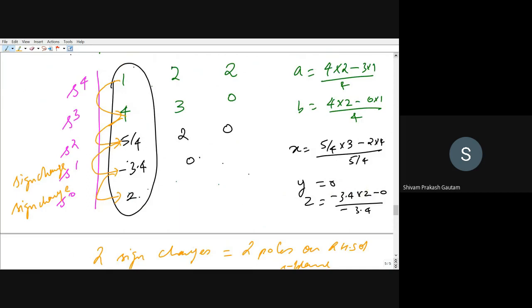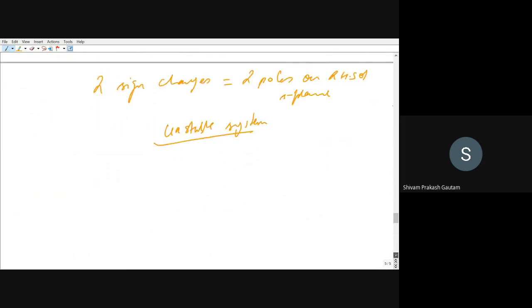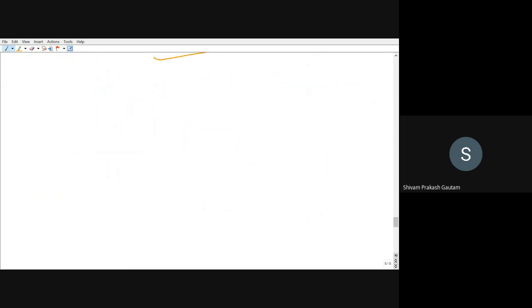Okay. So this is the condition where we can find the stability of a system directly by building the Routh table. Now there are some special cases also in the Routh table, which we will have a look into. Right. First special case. So I can write a heading.